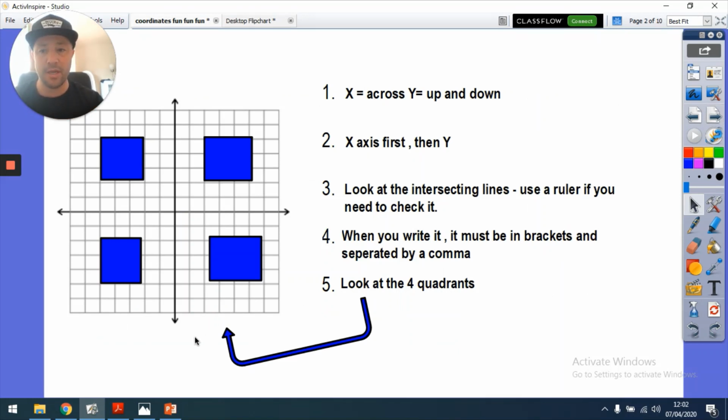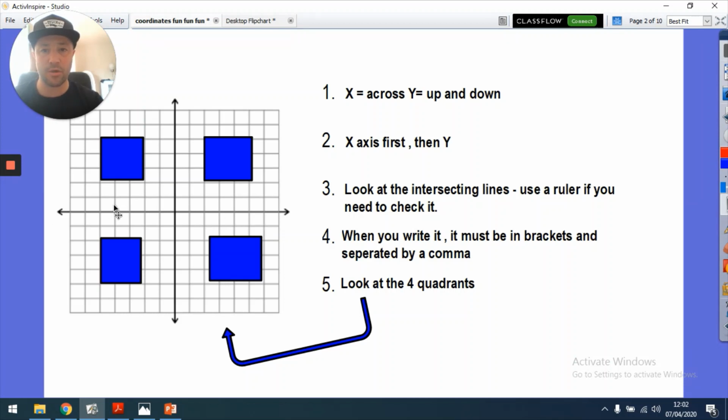Just remembering that we've got our x-axis, which is across, and our y-axis, which is up. I always remember it as x is across, and it is a cross, as in you got it wrong. And y, we reach for the sky with a y, so the y goes up. X is across, so it goes across. We always go along the corridor and up the stairs, so we go along the x-axis first, and then we go up or down. So whenever we're writing our coordinates, we always go along,